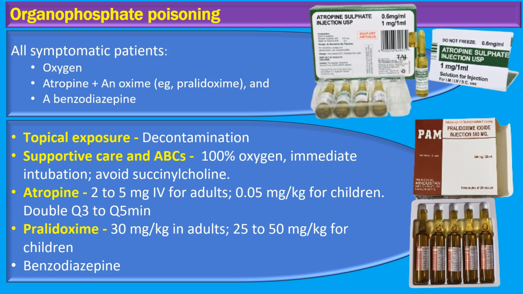A critical point to remember is the rate at which pralidoxime is administered. It must be done slowly, over a span of 30 minutes, and pralidoxime should never be administered without concurrent atropine therapy. Lastly, we address the treatment of seizures induced by organophosphate poisoning. Benzodiazepines are the final component of our treatment protocol. These seizures are best managed with a benzodiazepine, and in a prophylactic capacity, diazepam can be particularly effective. For instance, a 10 mg intravenous dose of diazepam can significantly mitigate neurocognitive dysfunction following poisoning by an organophosphate agent.